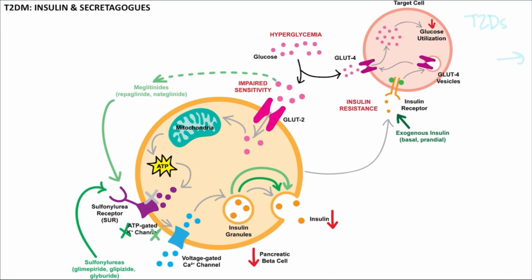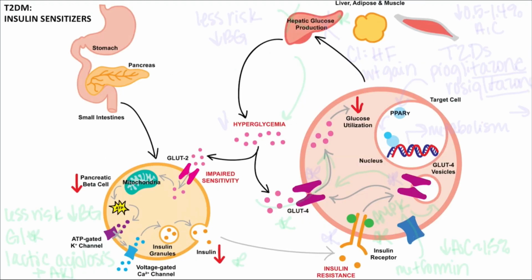Now that we have covered the secretagogues and insulin in type 2 diabetes, we are going to transition to our insulin sensitizers, which are metformin and the drug class known as thiazolidinediones, or TZDs. So moving to the next slide. We will start with metformin,